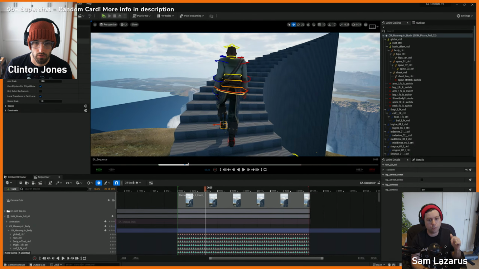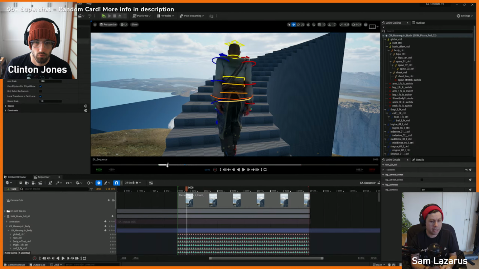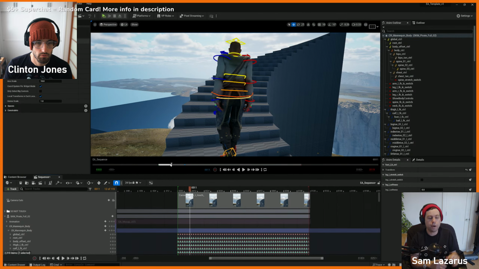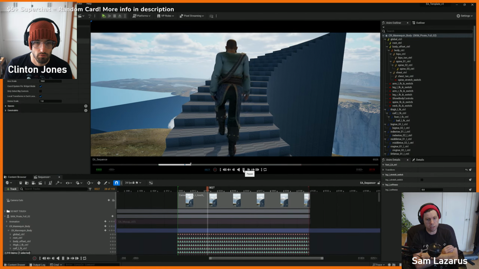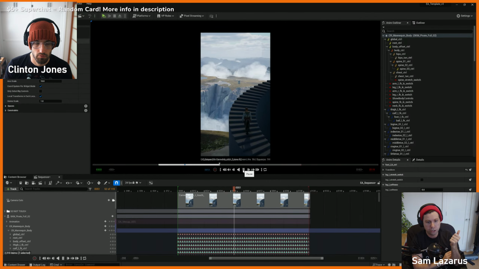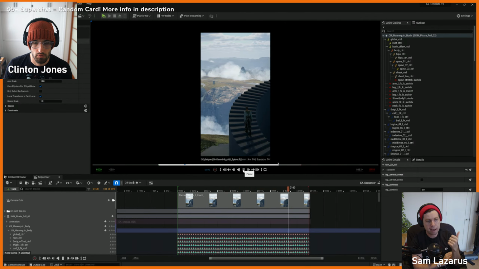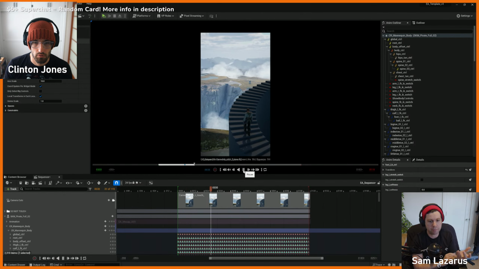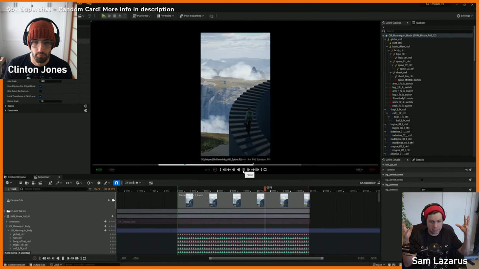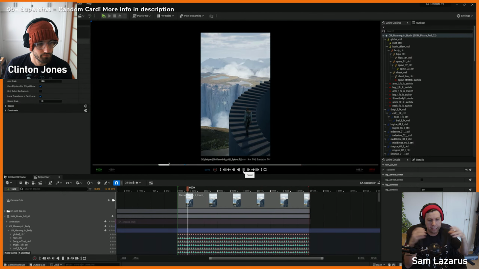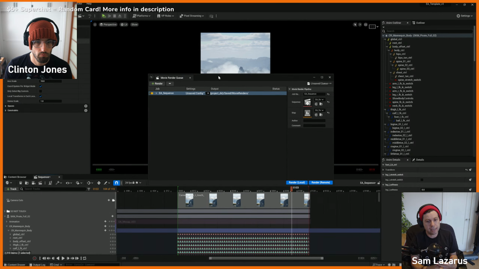Now, one thing that will often happen is that, again, when you use Movie Render Queue, it jumps into simulate mode. And that means the first 5 or 6 frames, the cloth often goes crazy because it's jumping on. Now, what you can do in the Movie Render Queue is you can set the engine